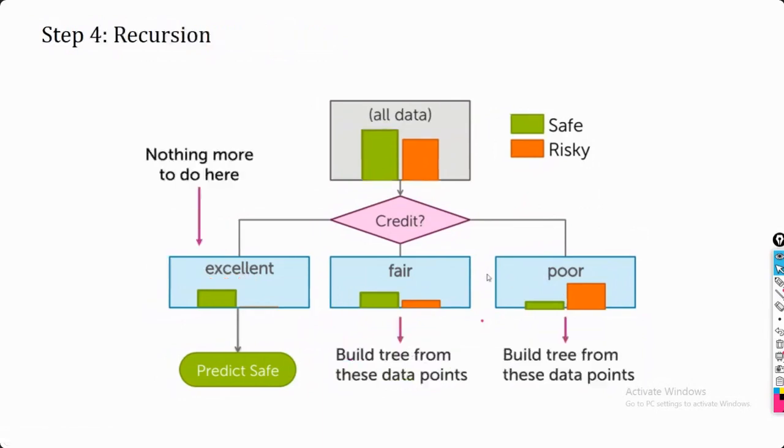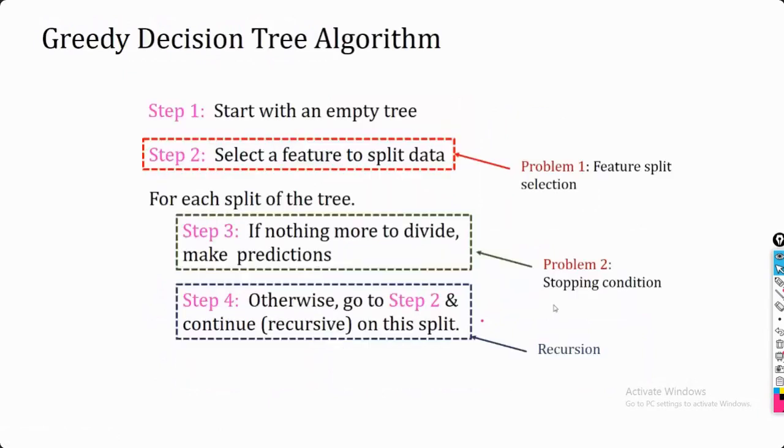So when you have this kind of condition, where you are able to clearly say what the class label should be, at this point I'm going to stop. That means I'm not going to explore this side further. But in these two cases, we are not able to decide, so I'm going to explore further. Even so, you can stop at this point. This is going to depend upon you, how you want to move.